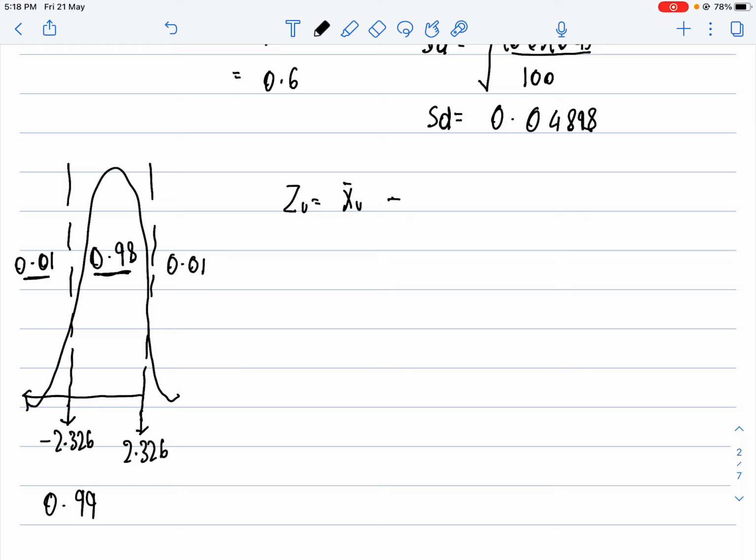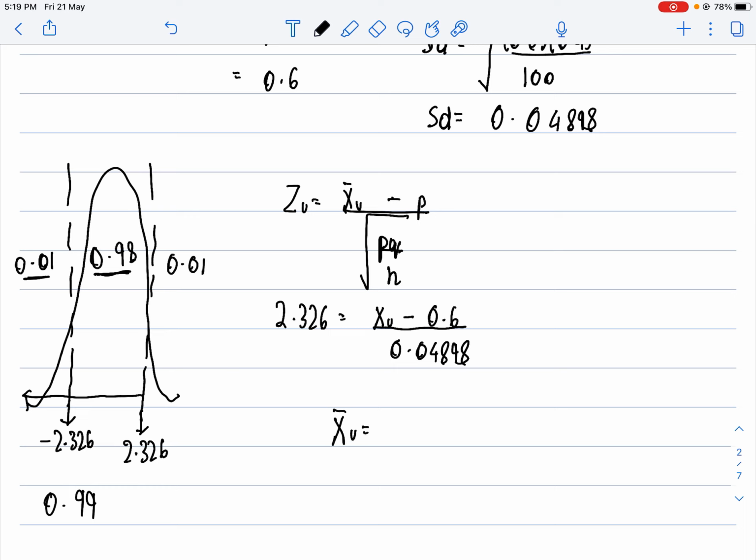x value, minus the mean, which is P here, over the root of PQ over N, which we have calculated. Now the upper Z value is 2.326, which is equal to the upper x value minus 0.6 over 0.04898. So now I can calculate my upper x value, which is 2.326 into 0.04898, and I add 0.6, and when I click equal to, the value I get is